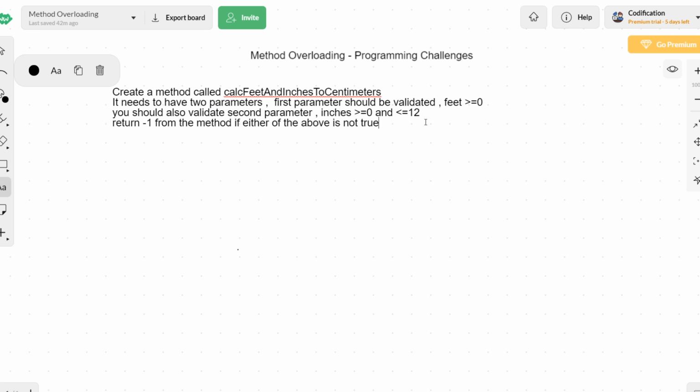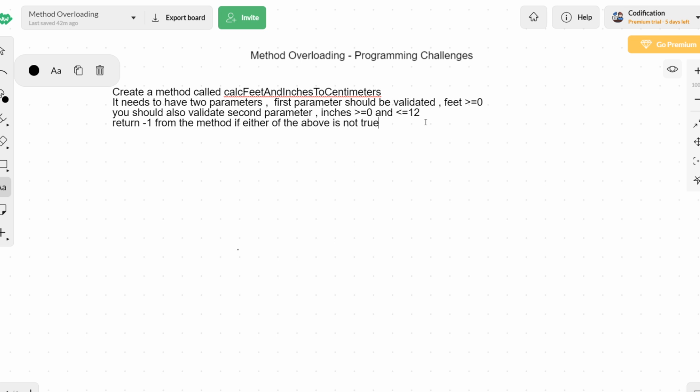Fine. So we have to create a method called calci feet and inches to centimeters. It should have two parameters: first parameter feet, second parameter inches. Both parameters should be validated. Feet should be greater than or equal to 0, and inches should be greater than or equal to 0 and less than or equal to 12.